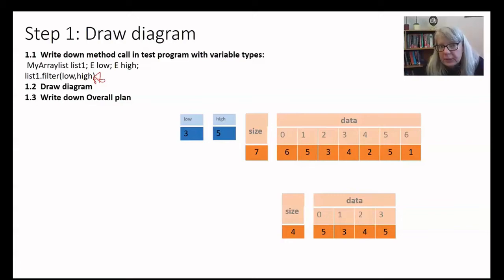List1.filter, because that's a method name, and 2 variables, a low and a high. You can call them anything. I call them low and high because I think it suits the question. And the list1 is a myArray list, and the low and the high depend on the class. Therefore, it is of type E. Now, if I draw the diagram,